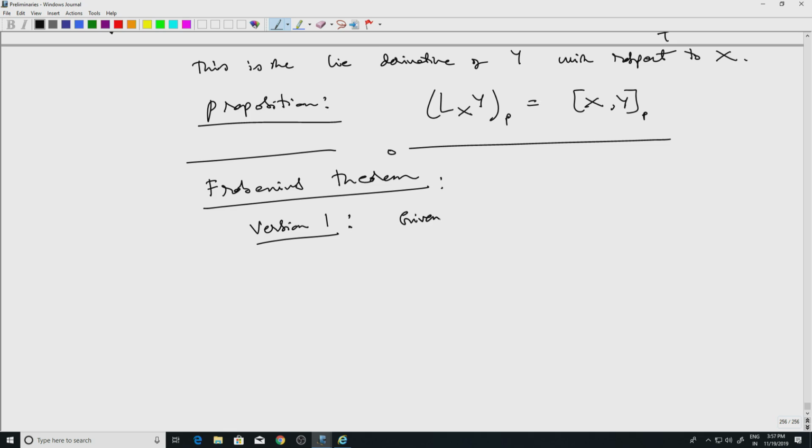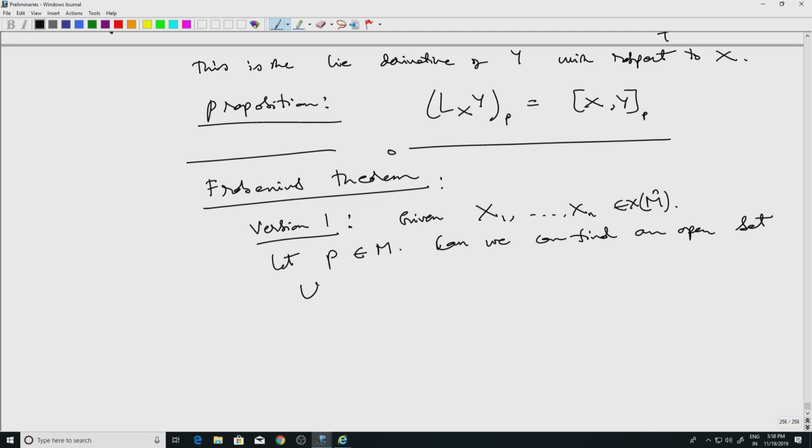Given n vector fields on a manifold, or an open subset of the manifold, it doesn't matter, so the manifold dimension is n as usual, and given this, let P belong to M. Can we find an open set U containing P